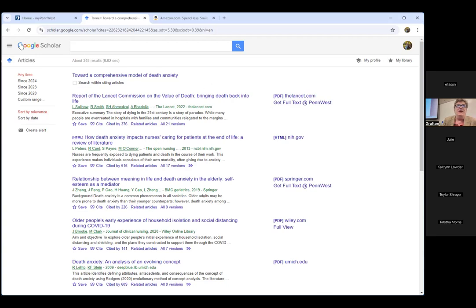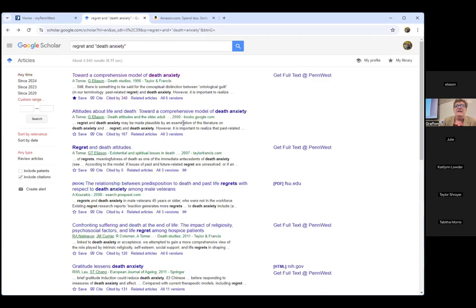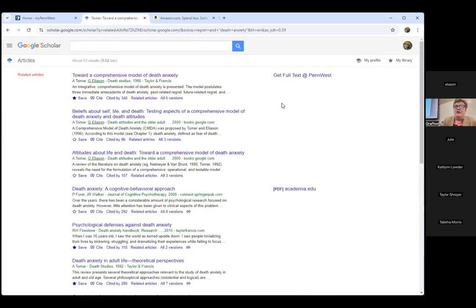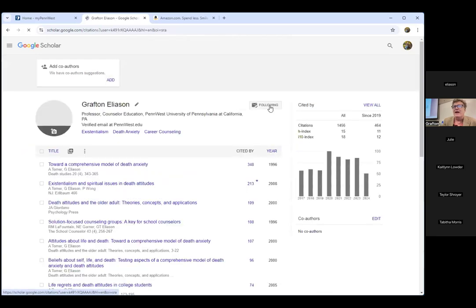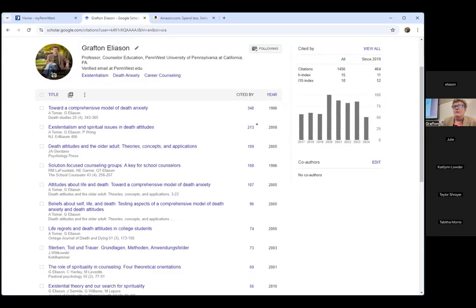So the next thing you can do is look up related articles. This is really a nice tool, and I think it does a lot of the work for you. The other thing you can do, it has the author's names here. And if they're underlined, you can go to their page. I would say at least half the authors have a page. You can look up